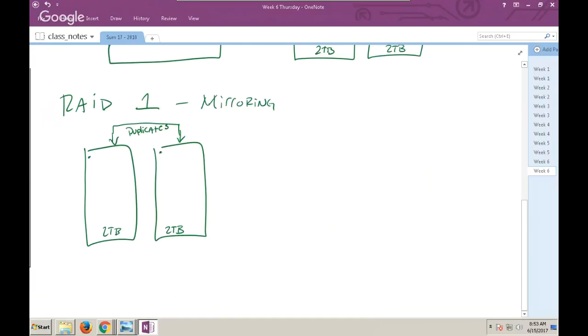Now let me give you a practical example where this is often used. RAID is heavily, heavily, heavily used in server environments or enterprise-grade storage, okay? RAID level 1 is commonly used to store operating systems and basic things like that. They don't change frequently, but we read the files on them all the time. And then we would use a different RAID, such as RAID 5 or RAID 10 or RAID 6, to store the bulk data that we would use for the server itself. But often they'll have one array that stores the operating system and those core things that we need.